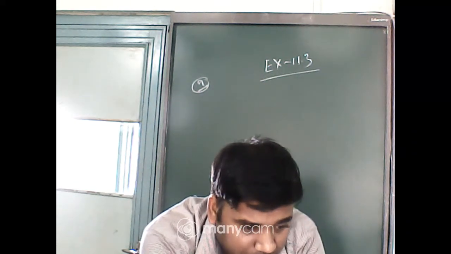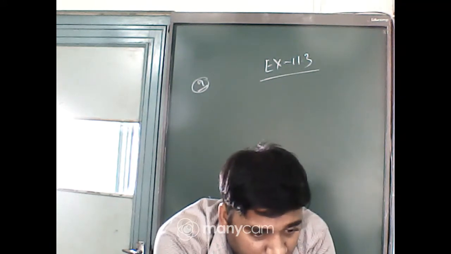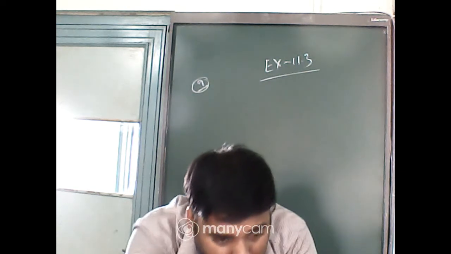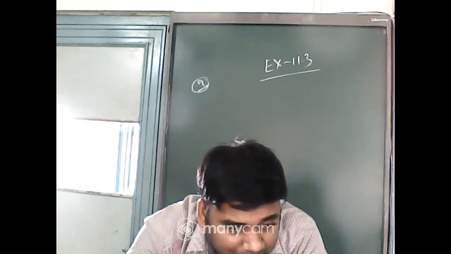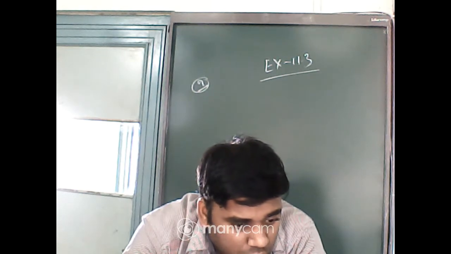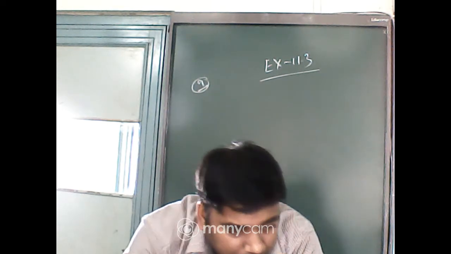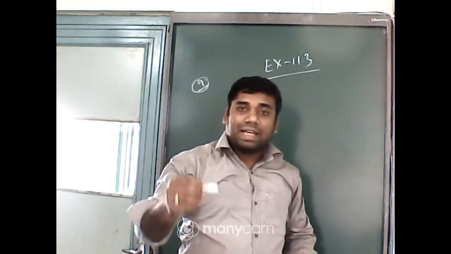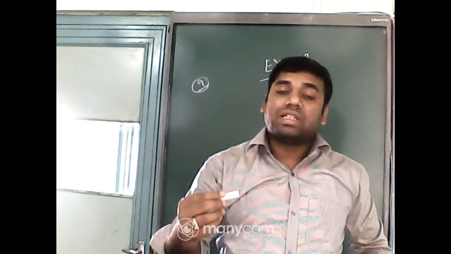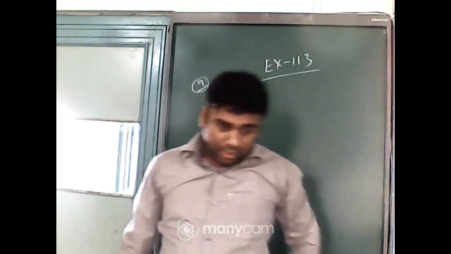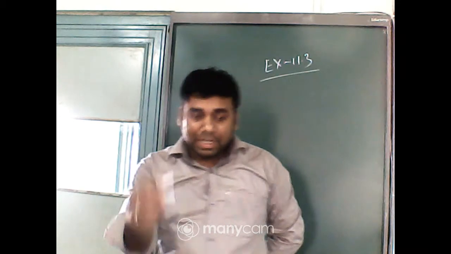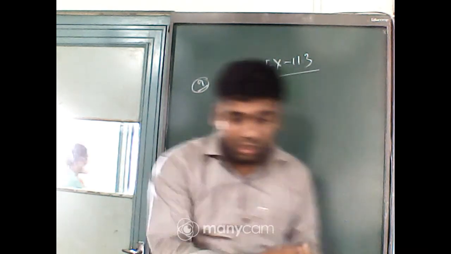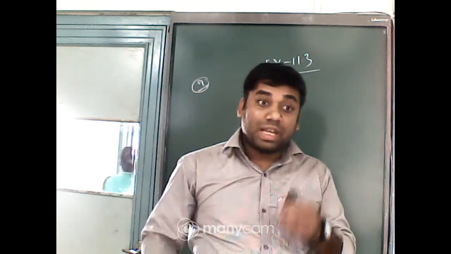A road roller takes 750 complete revolutions to move once over to level the road. Find the area of the road if the diameter of the road roller is 84 centimeter. So first of all, what is given? That roller is like the shape of, tell me in the chat box, what is the geometrical shape of a roller? Cylinder, yes. So that sum is related to cylinder.